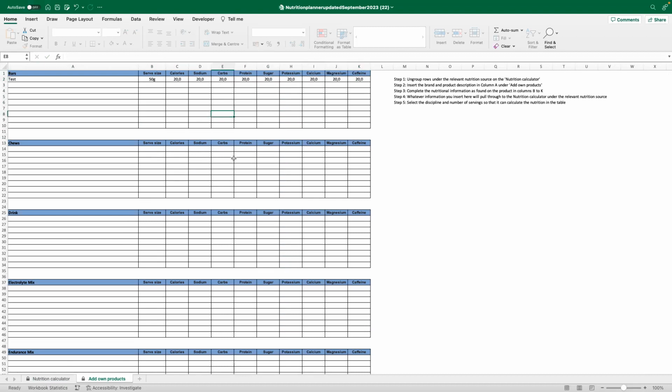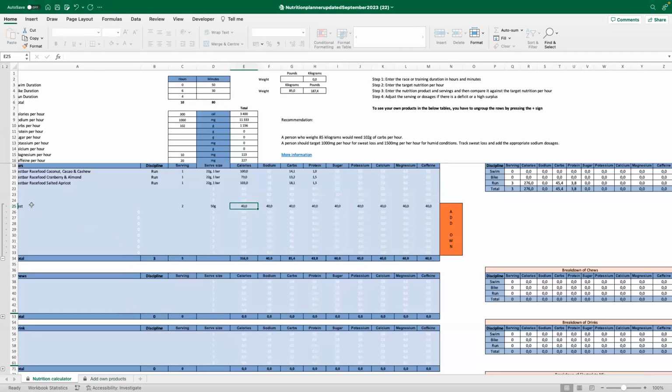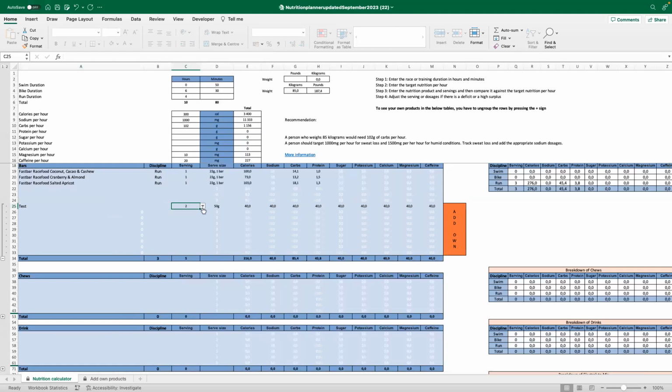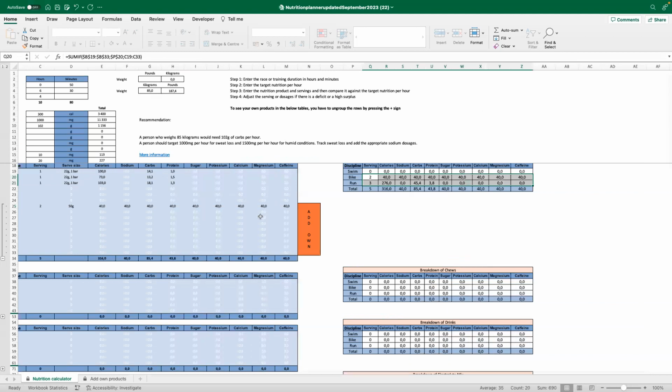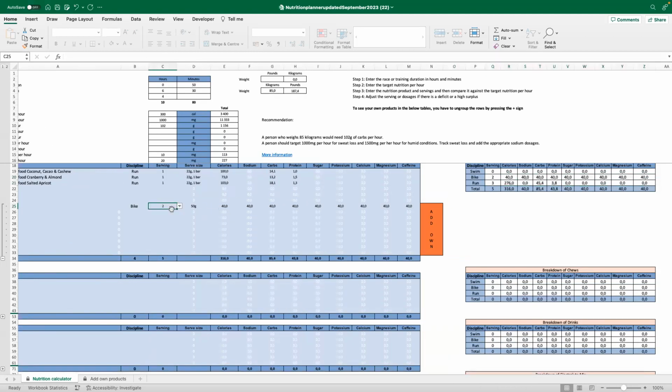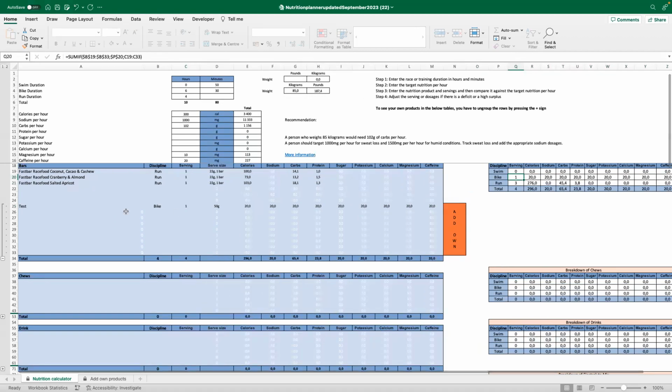into the other section. So if you add a product here and select one, just note it's going to automatically update the totals. And then, of course, when you allocate it to a discipline, it'll pull through into this section over here. So there's 2 in the bike. If we change it to 1, it changes to 1. I thought that would be a useful feature that I could now roll out to everyone that's looking